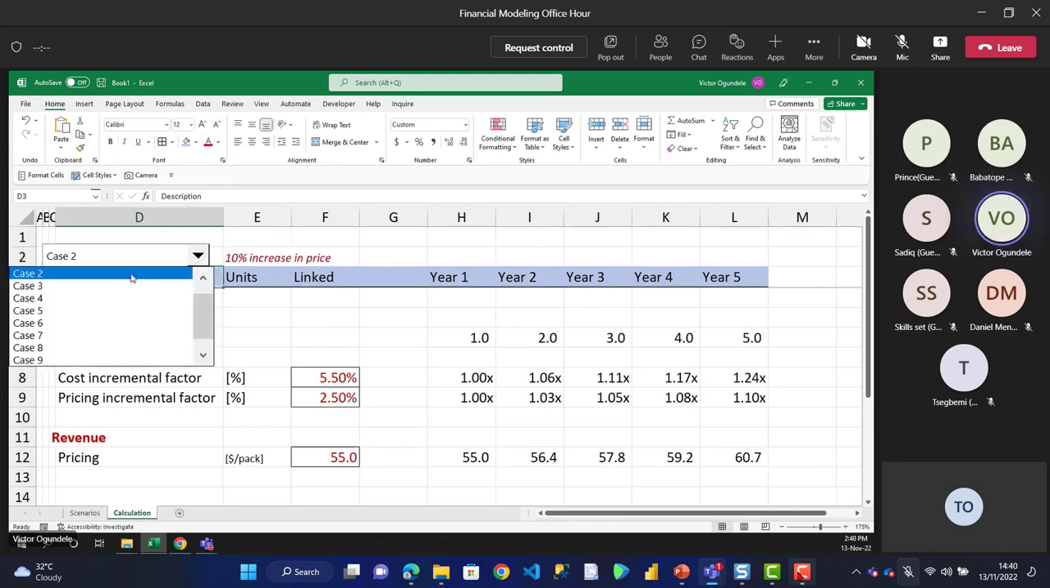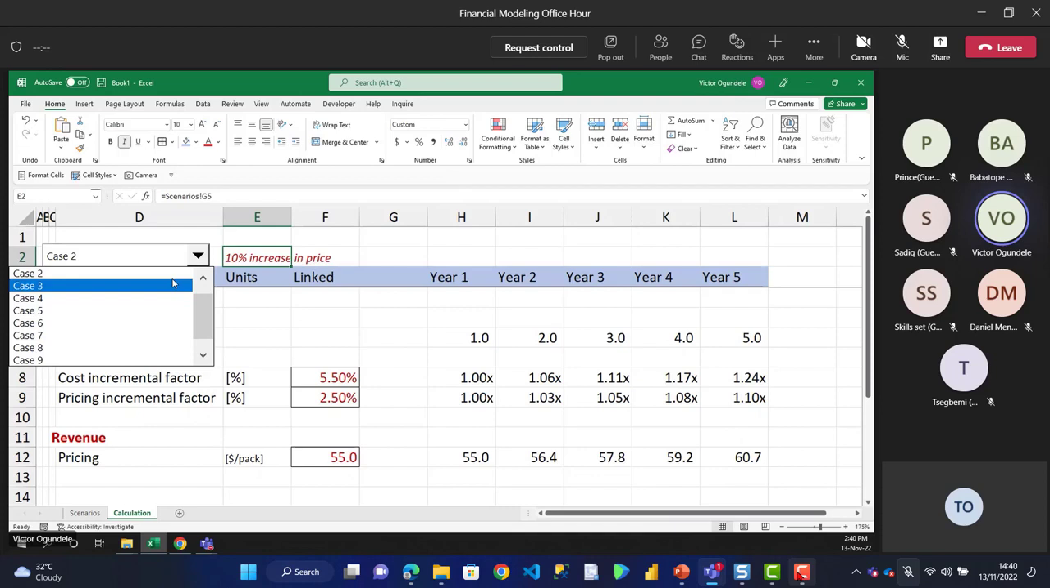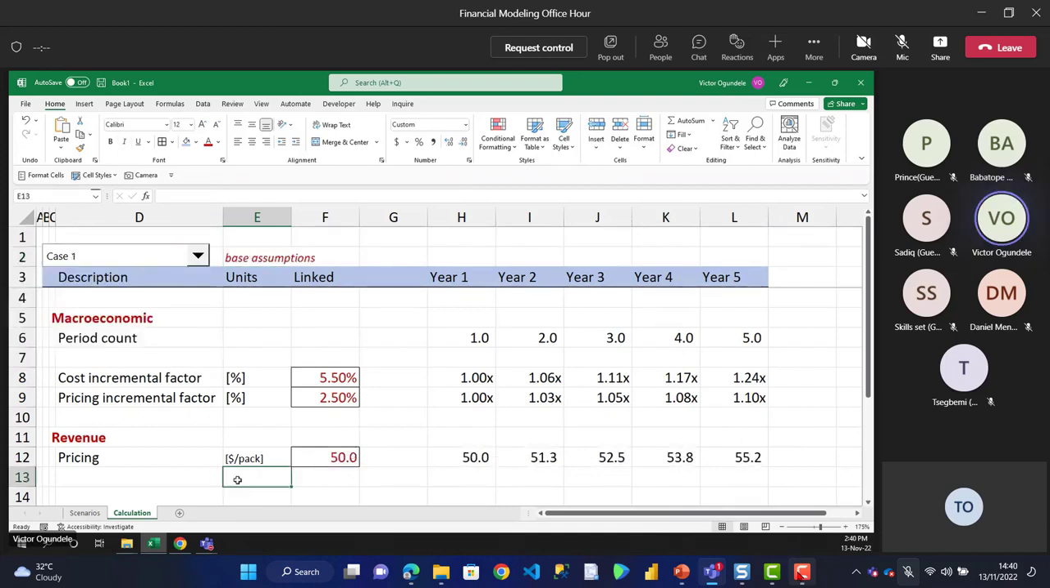Okay, so in case they select case 1, that is the base assumption. To show them, select case 2, which is affecting the price. So you can see immediately the price increase, 10% increase in price. Go back to case 1, just go back to the base assumption. So that's the beauty of that. So that's our price. Then for our quantity,